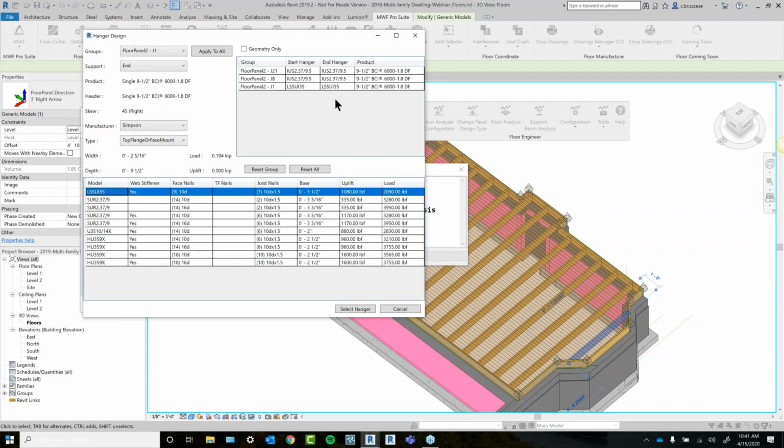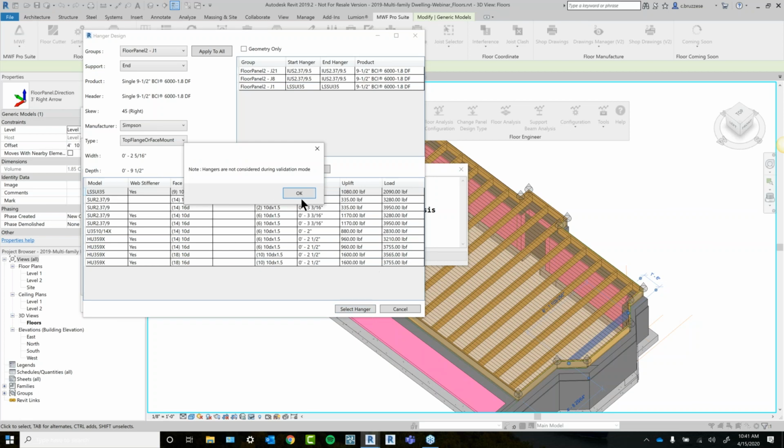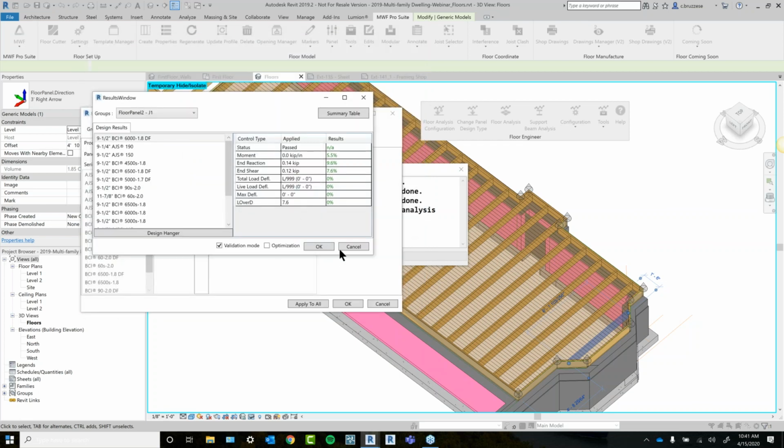And all of your product selection is going to be summarized in here in the table. So once you're good to go, I'm going to go ahead and select my hangers, say OK,